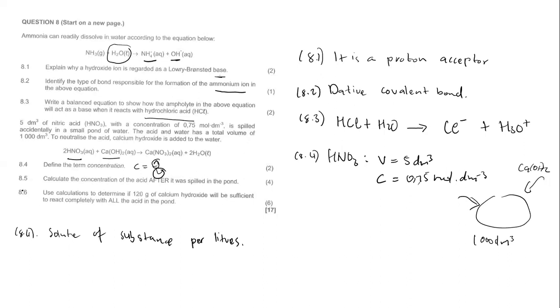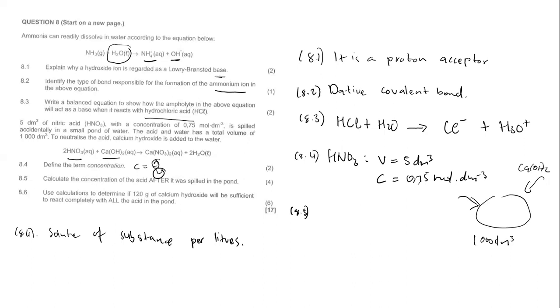So 8.5, let me come here. 8.5 says to us, calculate the concentration of acid after it was spilled in the pond. Now remember, this is the pond, right? After, we want to know the acid. Look, this is what is happening, guys. Pay attention, and I want you to understand these questions. These questions are fun and nice. So to answer 8.5,